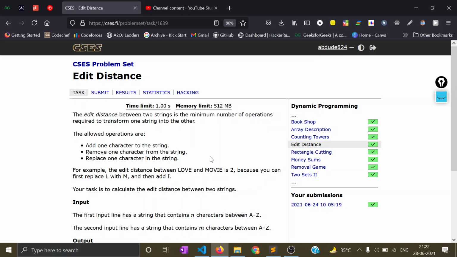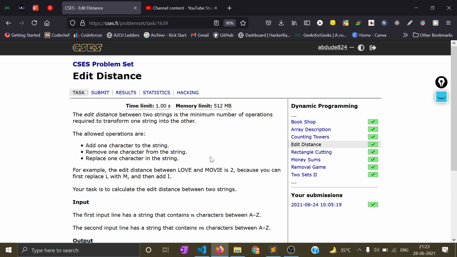Let's see this question, edit distance. This question is very easy, and if you have done longest common subsequence, it would be a very easy question for you. If you haven't yet done longest common subsequence, I would encourage you to go to Karthik Arora, who has really explained it well, and Aditya Verma also has. I would recommend these two channels to watch the LCS problem. Let's discuss the problem now.